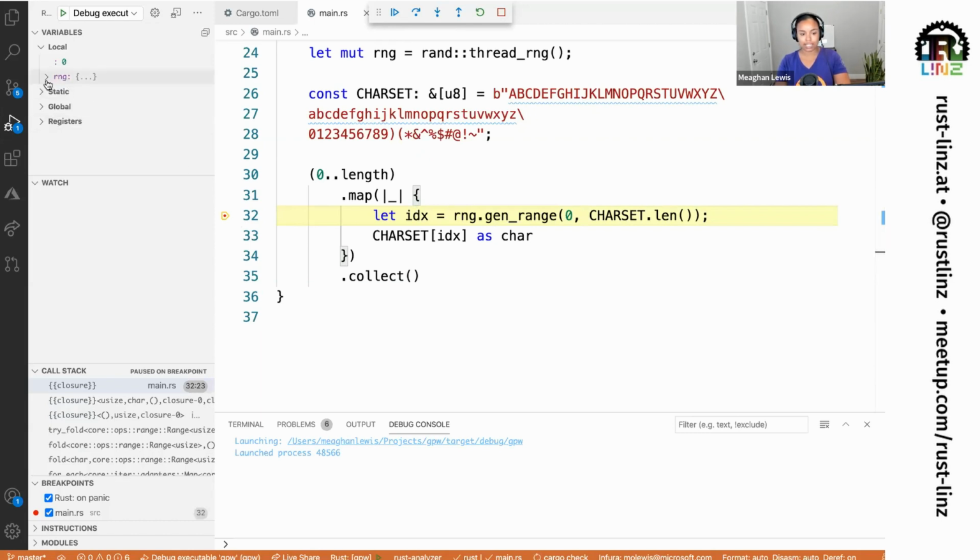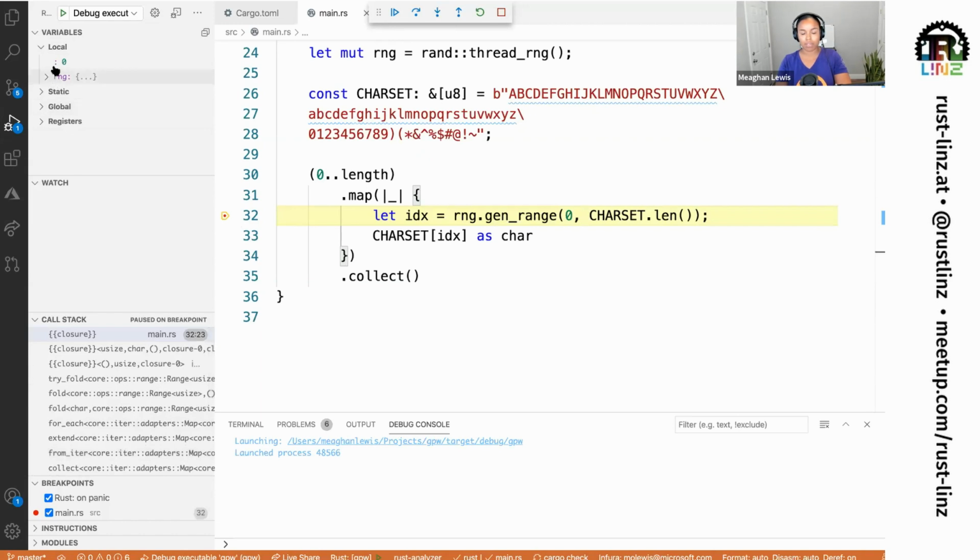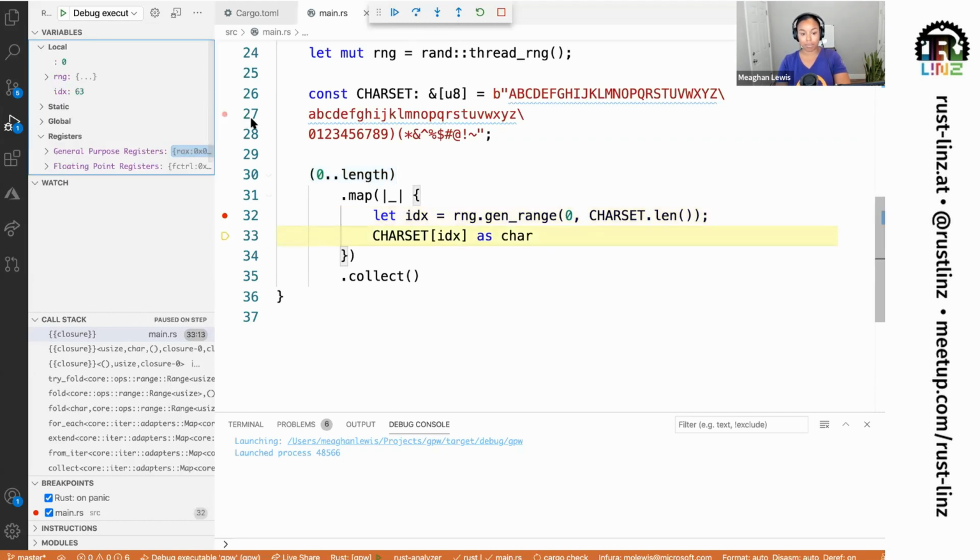I can see some information in the top left corner about variables, anything that I want to watch. I can see information about the call stack and more. For now, let's just take a look at the variables that we're collecting. So this 0 started here from this first iterator, and as we map through each one of those length items in the password, we can get more information.